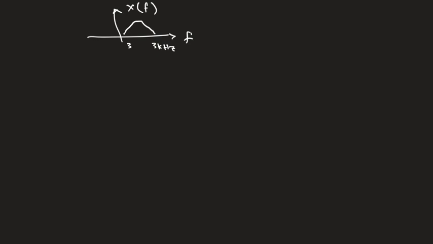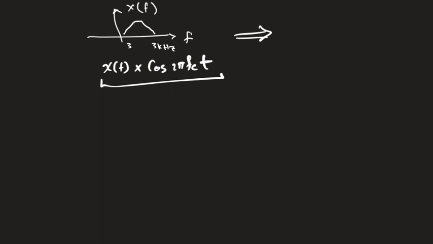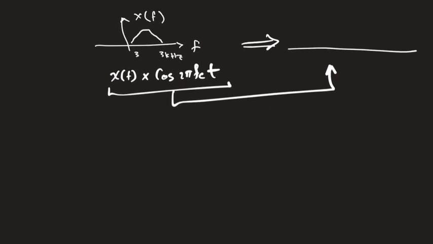The modulation operation that you mentioned is simply multiplying the signal with a cosine function with some carrier value, cosine of 2 pi fc t, right? And when you look at this from a frequency domain perspective, this is a time domain multiplication. Okay, when you look at this operation from a frequency domain perspective, you will find that it is equivalent to the signal shifting up,